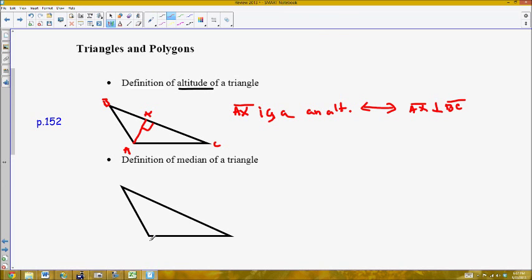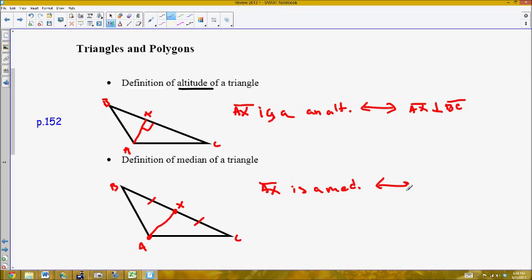The median of a triangle is very, very similar. In fact, I'm going to name this triangle the same thing, ABC, and I'm going to draw the median of the triangle to this point X. The median is drawn from a vertex to the opposite side, and it bisects the opposite side of that triangle. Now, be very careful, because by bisecting, it's passing through the midpoint. So here's what the actual definition of the median is: AX is a median